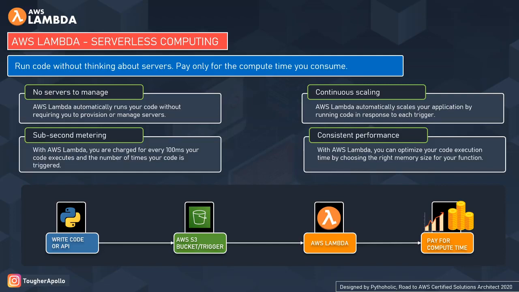And upon execution, you get the result back and you are charged only for the compute time, or what we can also phrase as the duration of time it takes to execute the code. So you write the code, upload it to Lambda, then execute your code with a trigger point and get charged for the compute time. I know you might be thinking I'm speaking a lot about trigger points